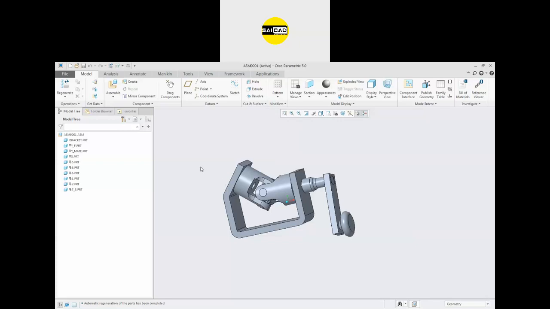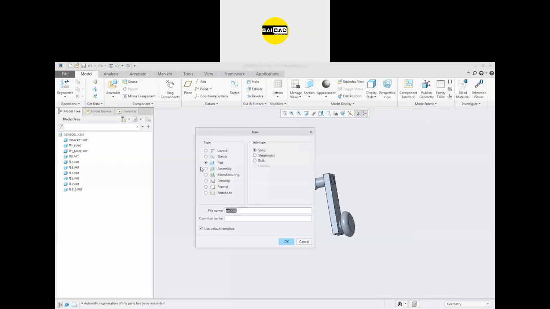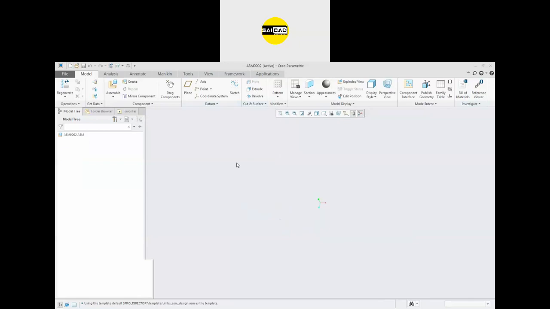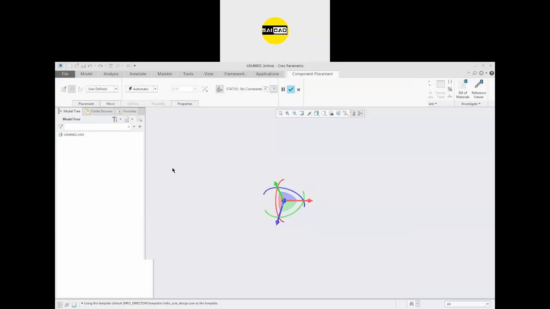In the top down approach, we can directly create some part in the assembly. You can just go to the assembly like that, and in the assembly you can just click here. This is the create option, and you can create a part directly in the assembly. Click part solid. The unit will be selected from the assembly. I have not selected the unit, so by default it will be in inch. So click OK, and now